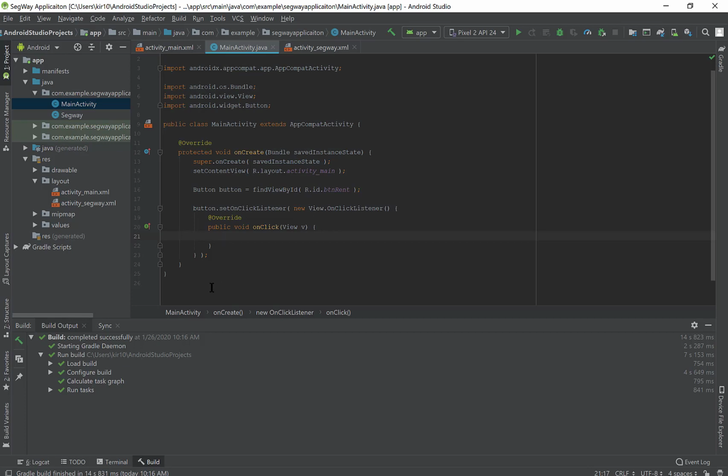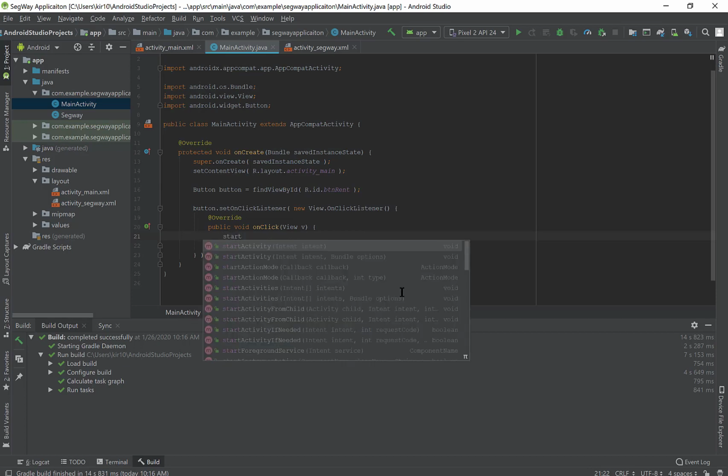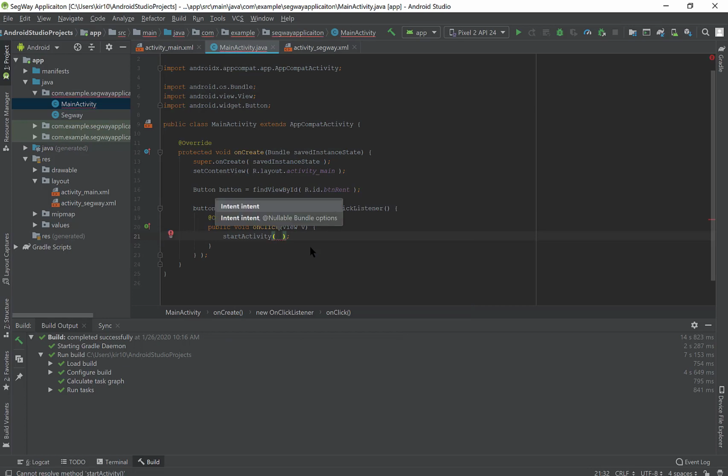new activity. So the way that we do this is we're going to use a method called startActivity. And notice here in the highlight, it needs what's called an intent. So that's the argument we need to send. So what an intent is, it's a message, if you will, or a way for us to have Android components speak to or call other Android components. In this case, what we're doing is we're going to utilize an intent to open up a new